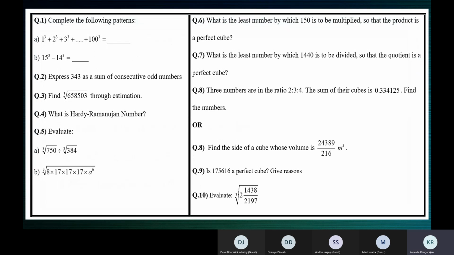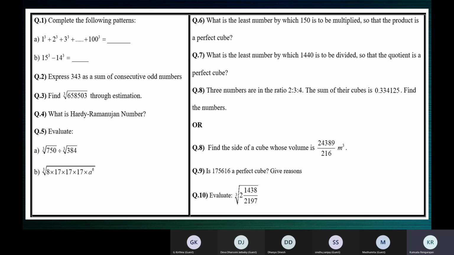So this paper, children, you can see it has 10 questions, a few of which have concepts which I have not explained. So ignore them. Try the others. Question number 1, you can ignore as of now. 2, 3, 4. Start working from the fifth one.